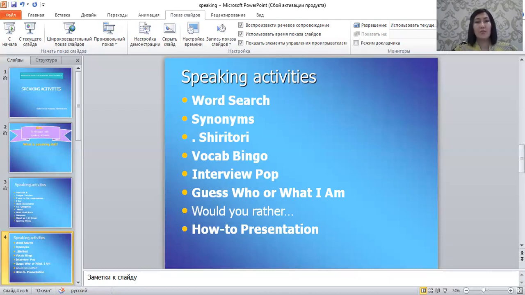Next activity is called Shiritori. Beginner or elementary level students can't play this, so you can use this game with intermediate to advanced level students. And as is known from the name of this game, it is the classic Japanese game, Shiritori. You need very little to play this game, which makes it ideal as a backup activity as well. Just simple